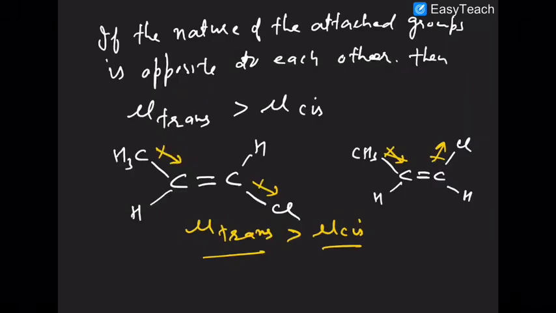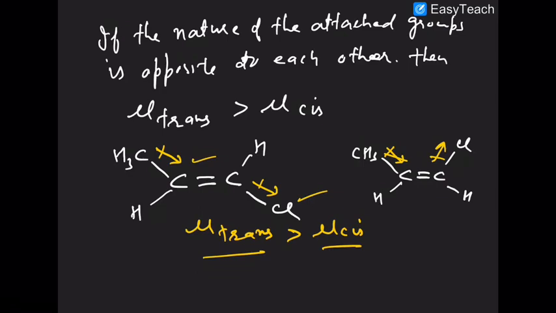Now if the nature of the attached groups is opposite to each other, what do you mean by that? It means that if one of the groups tends to withdraw electrons from the carbon, the other tends to give electrons towards the carbon. What type of carbon? The answer is sp2 carbons. So the methyl group is electron releasing in nature. It releases its bond pair towards the carbon. While chlorine is electron withdrawing in nature, it tends to attract the bond pair towards itself. So here in case of the trans isomer, what is happening? The two bond moments are adding towards each other,